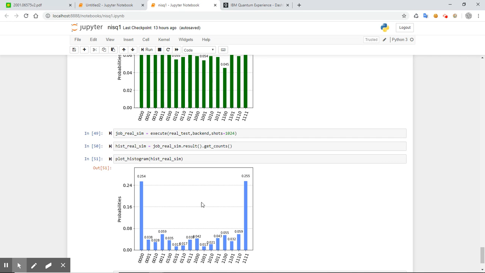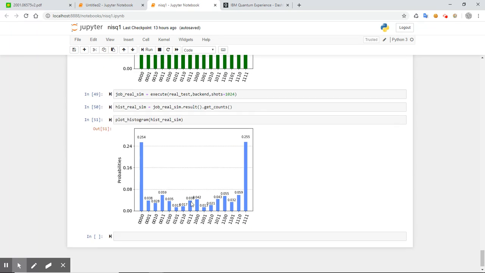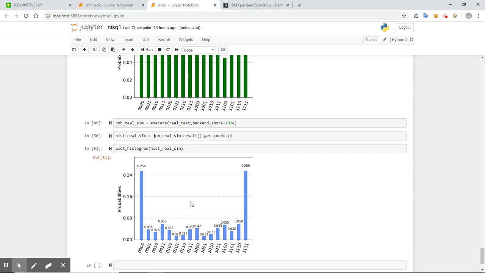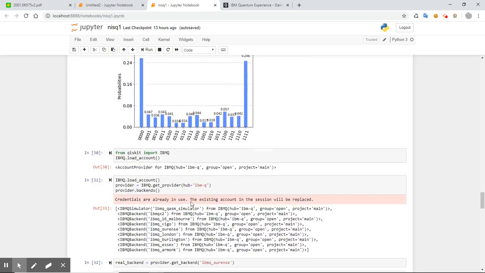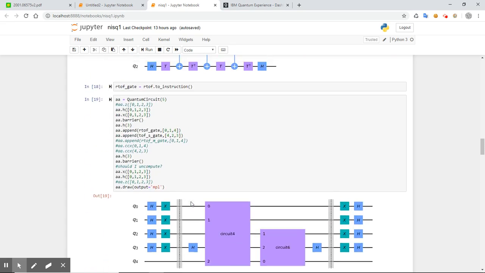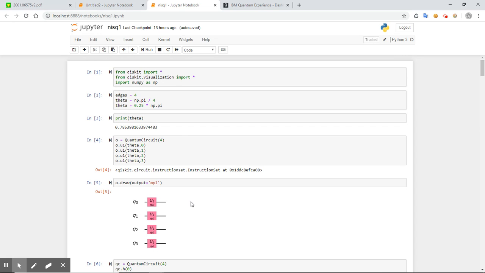And so it seems to work on the simulator, but it doesn't seem to work on the real quantum computer. Yeah, basically, that's the current situation. And I have no idea how that can happen. So the task for now is to clean that up. Let's clean that up. That's the first thing. So basically I'm gonna